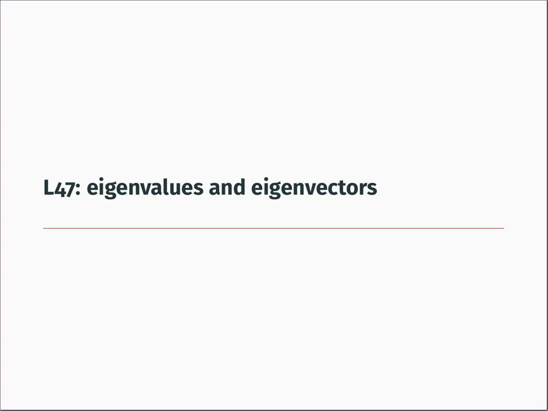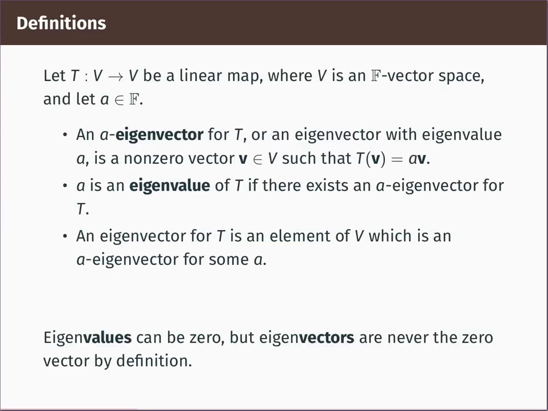In the section of the course on matrices, we defined eigenvalues and eigenvectors for matrices, and we're now going to do the same for linear maps. Here's the definition. If we take a linear map T from a vector space V to itself, and if A is a scalar, so an element of the field over which V is a vector space, then an A eigenvector for T, otherwise called an eigenvector with eigenvalue A, is a non-zero vector in V with the